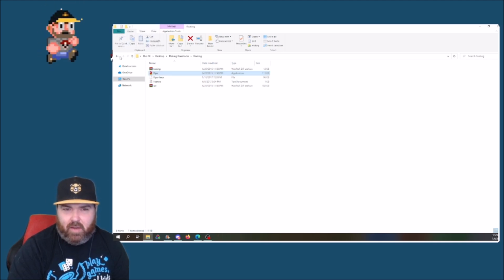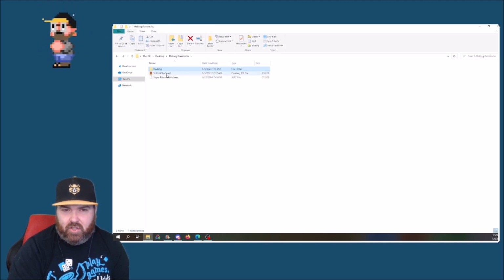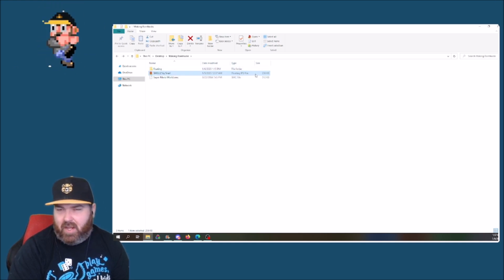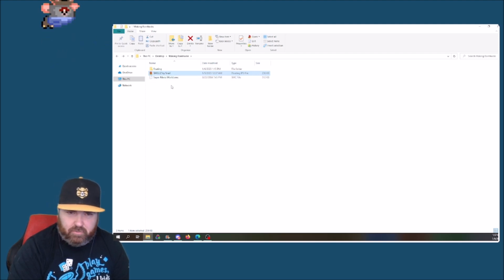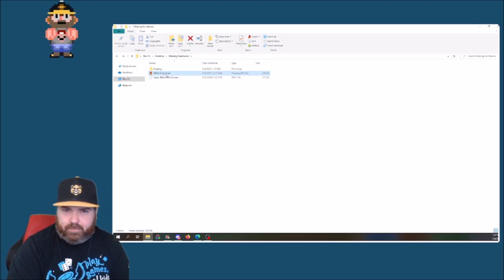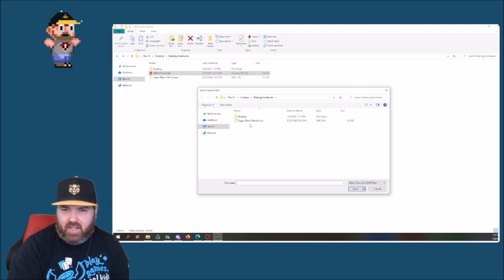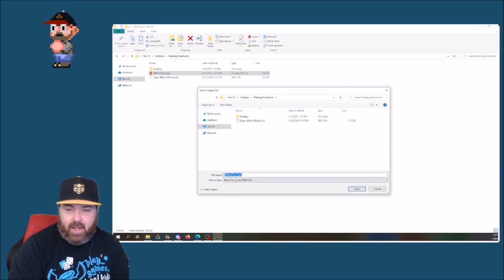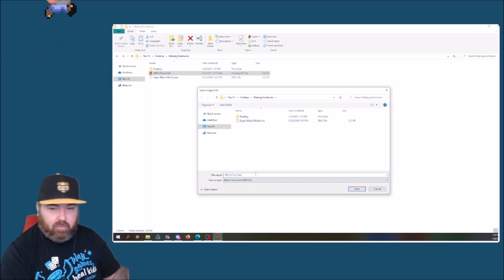As long as you have that program installed, all you got to do, if you look at the Shells patch, you notice the type is floating IPS, so it already recognizes that floating IPS is the program that it needs to execute. So if you go ahead and double click that, it's going to run Flips, and it's going to ask you for a base ROM. So we have the base ROM right here, Super Mario World. Click on that, and now we just got to name our brand new ROM hack.